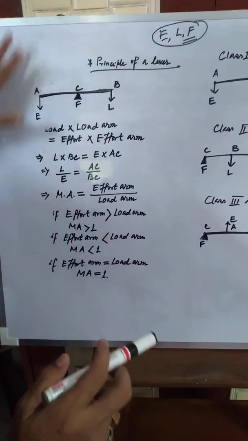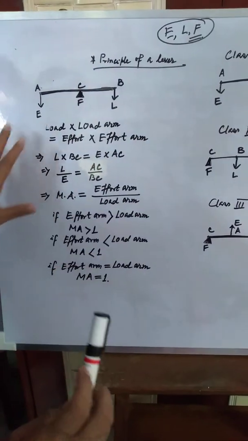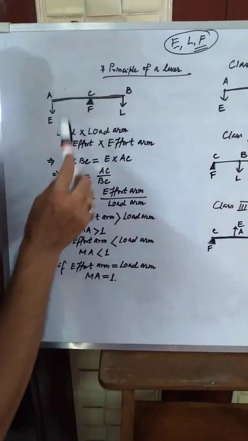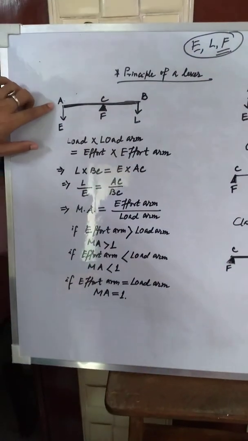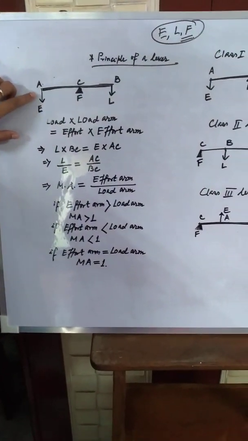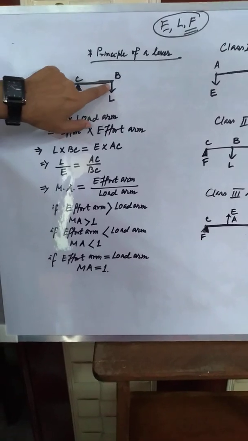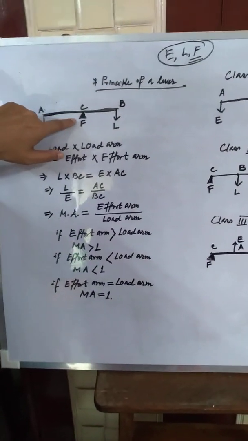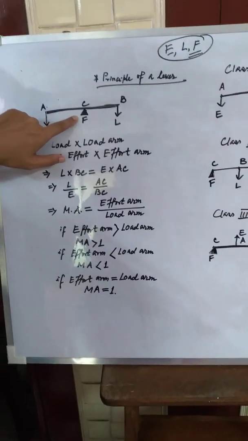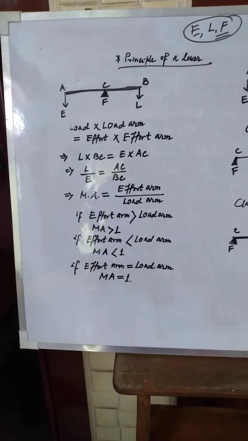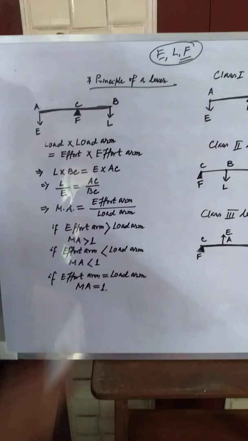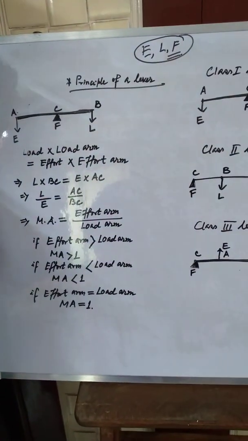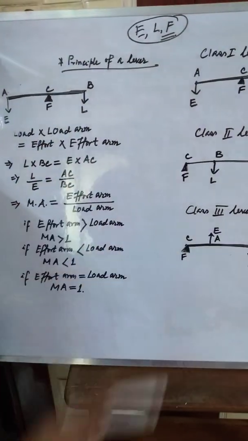Let me first discuss the principle of the lever, then we will discuss class 1, class 2, class 3 lever. So it's a lever. Now let us consider this is the point A, where the effort is applied, point B where the load is applied, and point C, the triangle, shows the fulcrum, that means the pivot point of a lever. Now the principle of lever states that load into load arm is equal to effort into effort